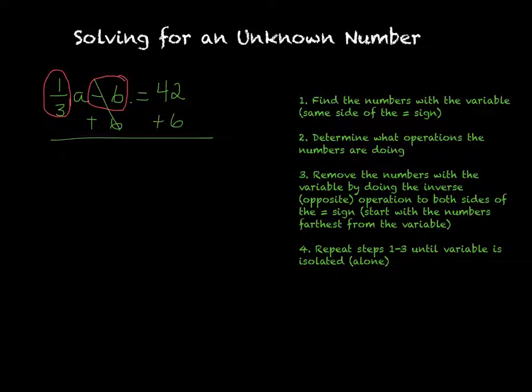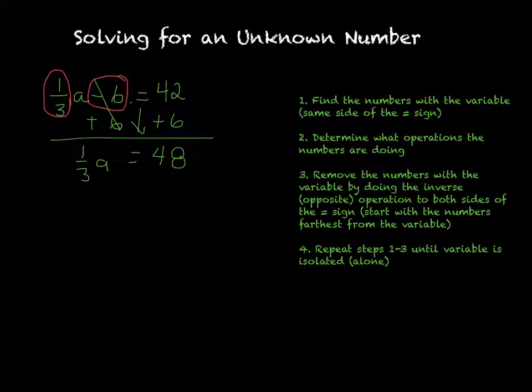That's going to cancel. 42 plus 6 is going to be 48. On the canceling side, we're left with 1/3 and A. Drop that equal sign. All right. So we almost need to start back from step number 1 because we've done step 3. So moving on to the next step